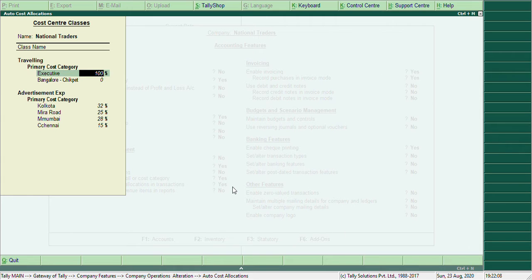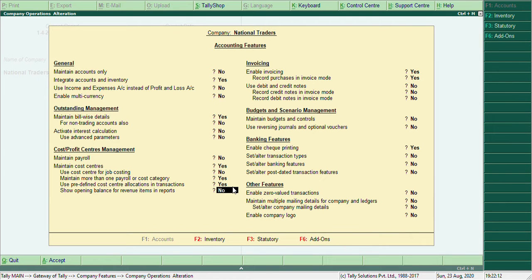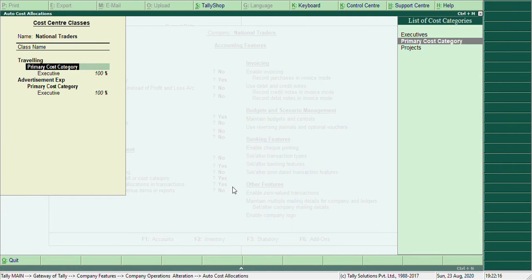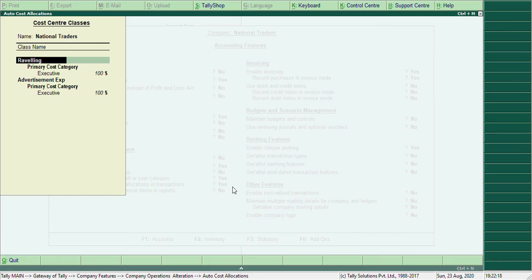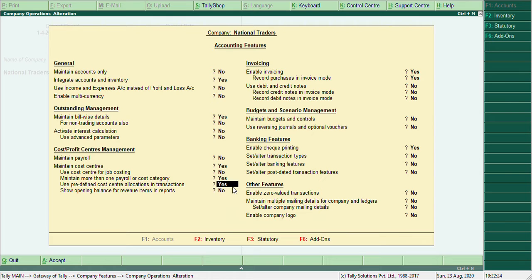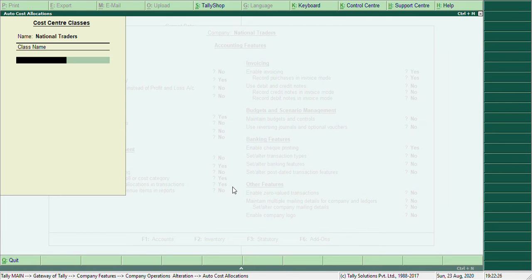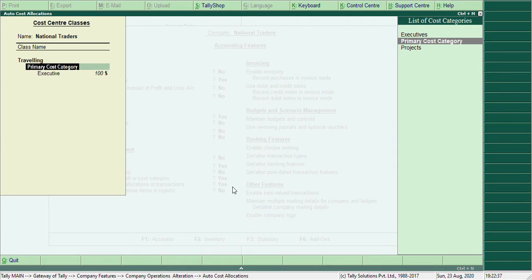You can find some of them being allocated previously. If you want your own cost center class, you can create. For example, traveling. I want a traveling expense to be allocated to certain cost centers.